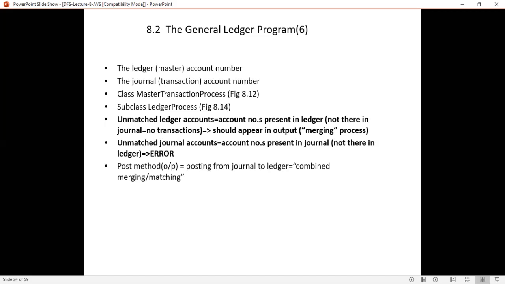Unmatched ledger accounts: that is, if the account number is present in the ledger, but it is not there in the journal transaction, then it is a merging process, that is you have to include that particular account number into the output list. Okay, but